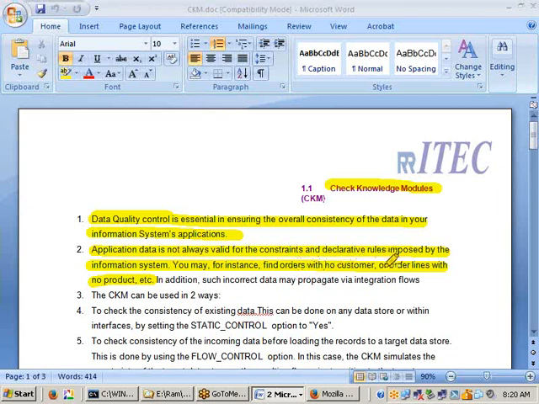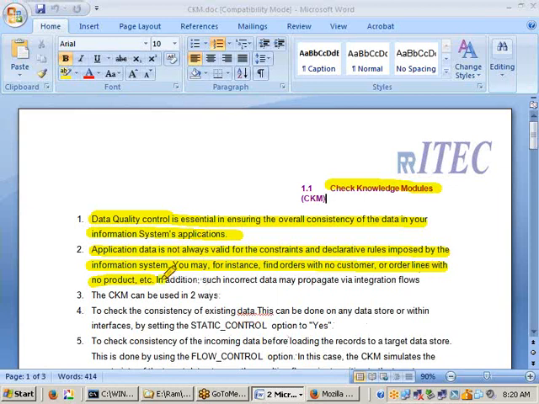Next, order lines: the order is not there, but the order line is available. How is it possible? Without a customer, we are not expecting any order. Without an order, we are not expecting any order line. But sometimes this kind of thing will happen if you don't have a proper data quality check.